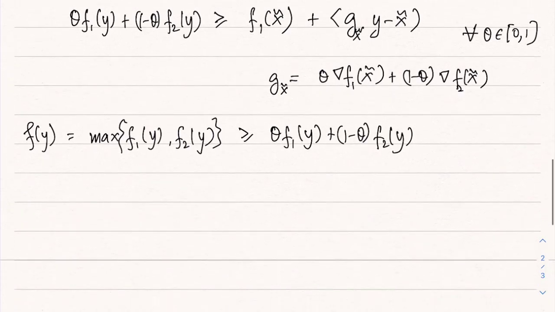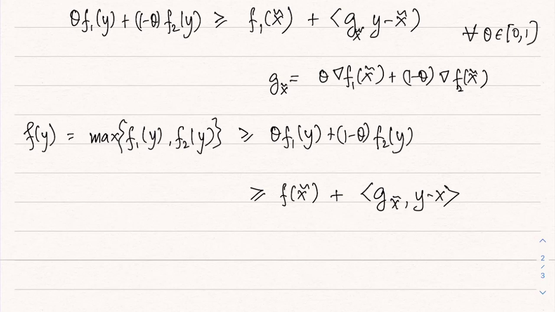This is simple enough to verify, and this is greater than or equal to f of x tilde. F of x tilde is really f1 of x tilde, or you could say f2 of x tilde, plus g of x tilde comma y minus x. So this is really the definition of subgradient,